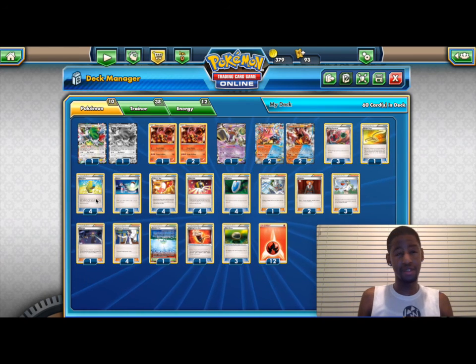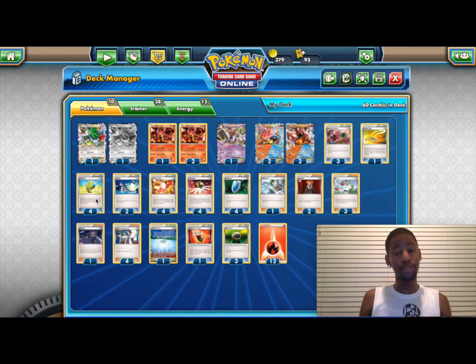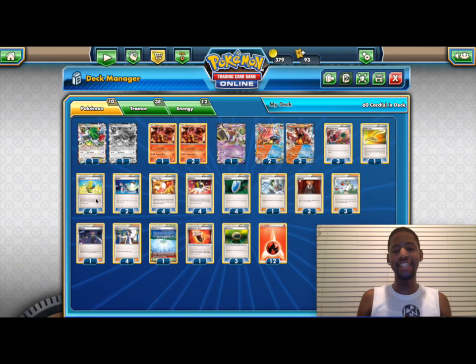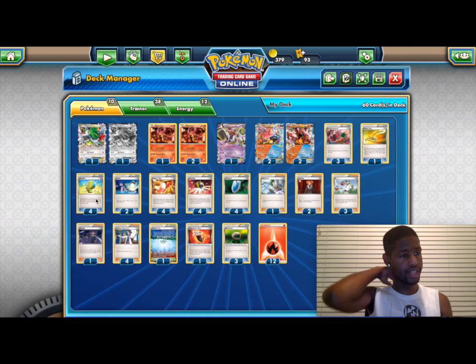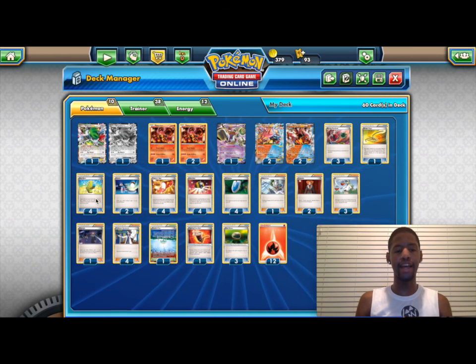4 Via Seeker, which is basically the standard. 1 Fisherman, which I believe you should always run in Volcanion, at least 1. 2 Lysander. 1 N. 1 Olympia. I know that's been a big card this weekend, and as you can see, the deck doesn't play Ranger. Now, I will say that Daniel did have some issues against Vileplume because of this, but Olympia and Ranger effectively,